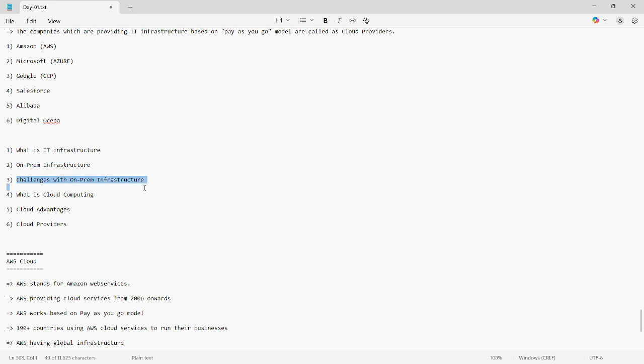The challenges of on-prem infrastructure we already discussed here: lots of investment, manpower, and network are required. Then scalability is difficult, and availability is also difficult. Scalability is nothing but it depends on incoming traffic and outgoing traffic. Those are the disadvantages. To overcome these problems,